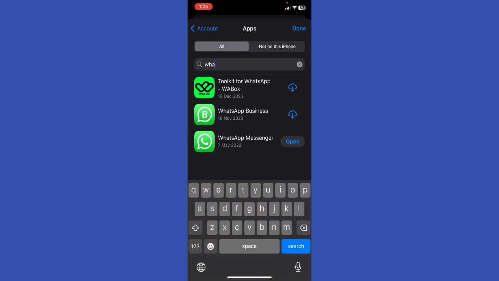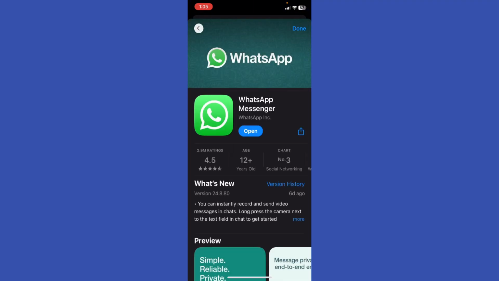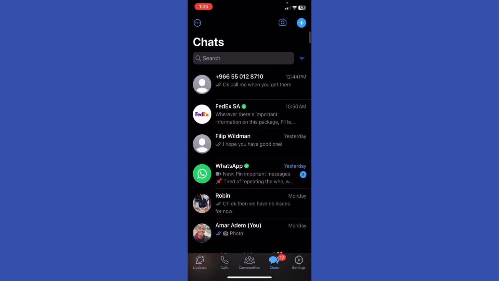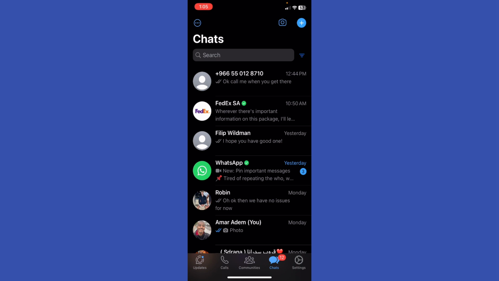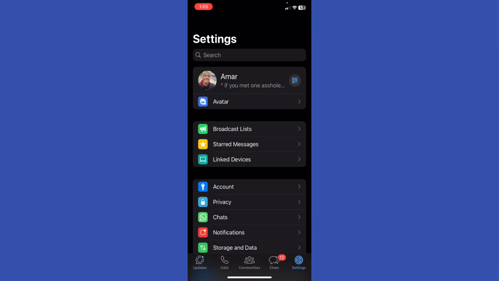And what I'm going to do, I'm going to just start typing WhatsApp Messenger and double check if your WhatsApp needs to be updated. If it does, just go ahead and do it. Now what I'm going to do, I'm going to just open up the WhatsApp, and as you can see, this is the home feed. Now what I'm going to do, I'm going to just click on my settings at the below right corner,